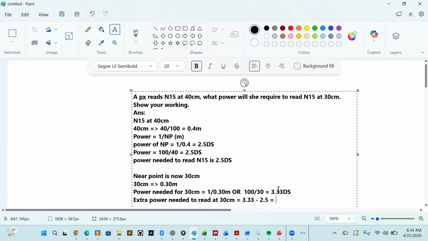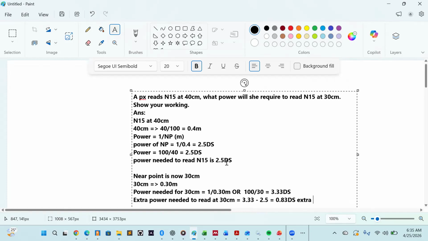That will equal 0.83 delta. And that will be part of the needed extra. So it has 2.5 already, and then you will need extra. But again, the question is incomplete, because if you have to go for that,